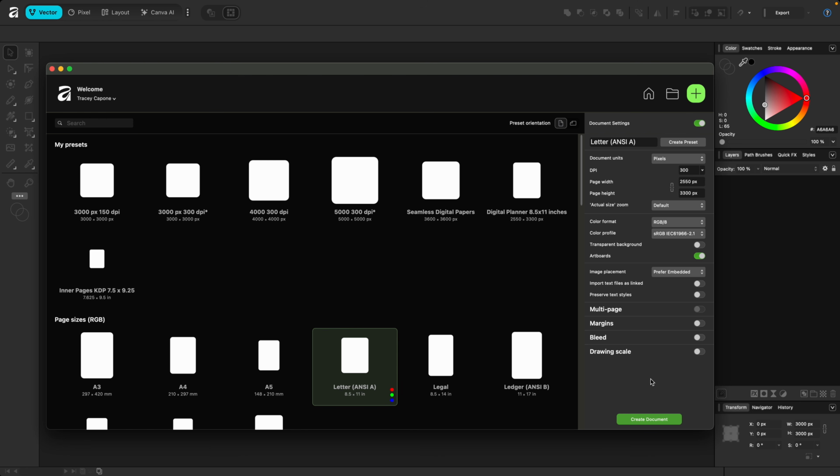Margins, bleed, and drawing work exactly as they did in version 2. If you're brand new to the app, you can either set them up here or within your document. I find it's easier to do it in there, that way I can see what I'm doing. Before I click Create Document to set this up, I want to show you how to set up presets and